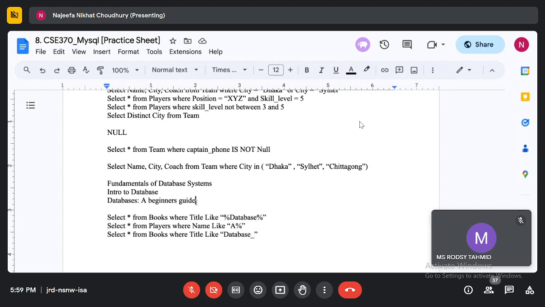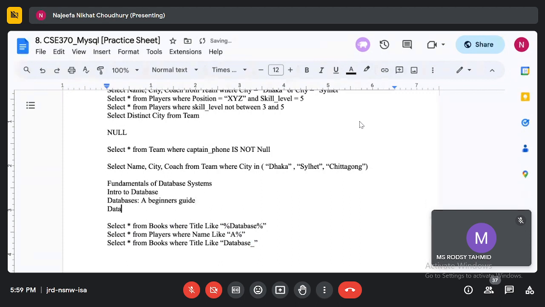I will need a title which is basically 'databases'. Only this title will be returned because after 'database' there should be exactly one character, and before 'database' there cannot be any character. So underscore replaces exactly one character.